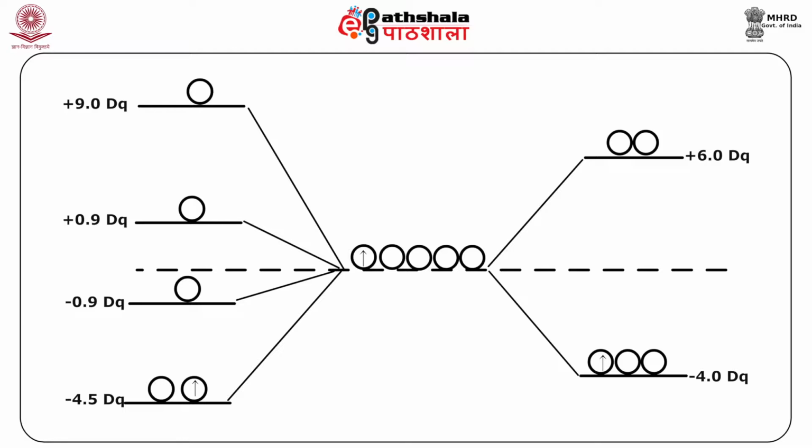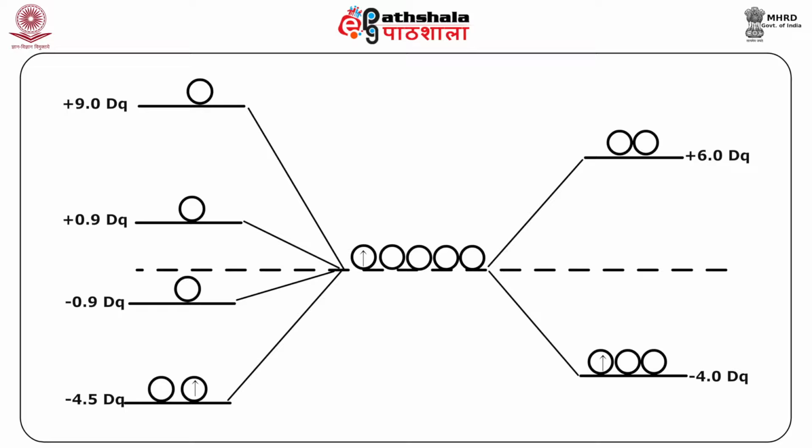Overall, the total crystal field stabilization energy would be minus 4 Dq. At the same time, if you calculate the crystal field stabilization energy in case of a square pyramidal shape, the crystal field stabilization energy you will find would be